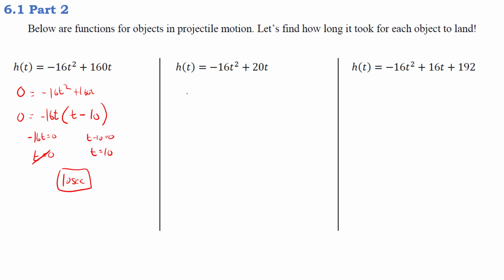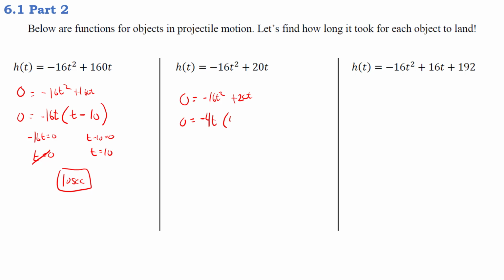All right, so now we'll do this one. Again, we want it to land, so our height is 0, and we set it equal to negative 16t squared plus 20t. Let's look at this. What can we factor out of this one? Well, I know a t can factor out for sure. I'm just going to take a negative 4, since negative 4 can go into both those numbers. So negative 4t